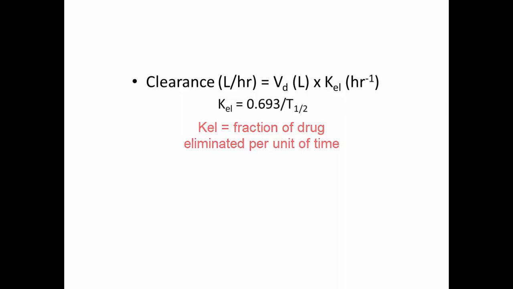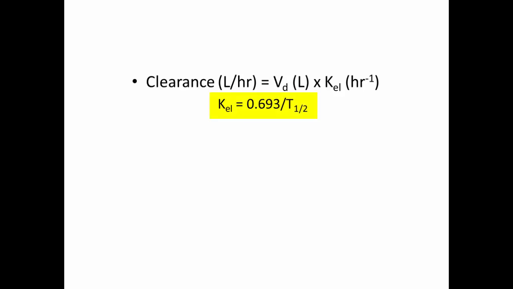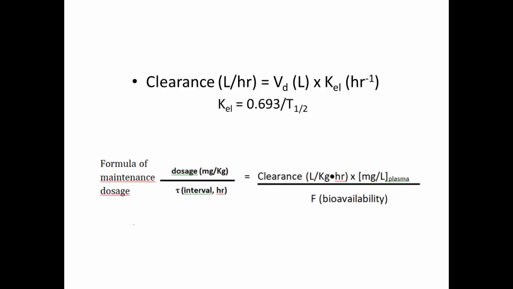And for most drugs which follow a first order kinetics, we can calculate this by dividing 0.693 by the half-life of that particular drug. So if they give you the half-life of the drug and the volume of distribution, then we can say you're set. We can now put everything together in a single equation that will include the body weight of the animal,